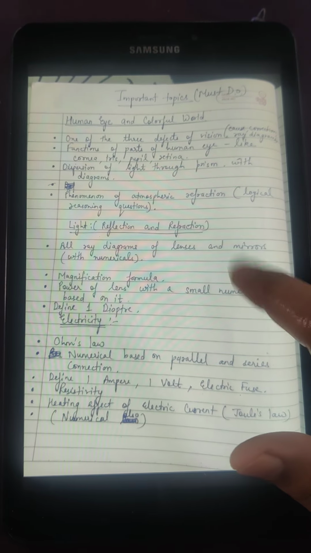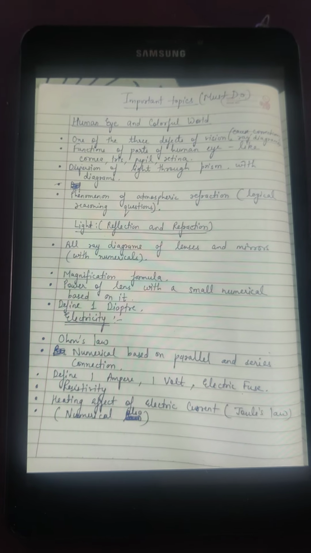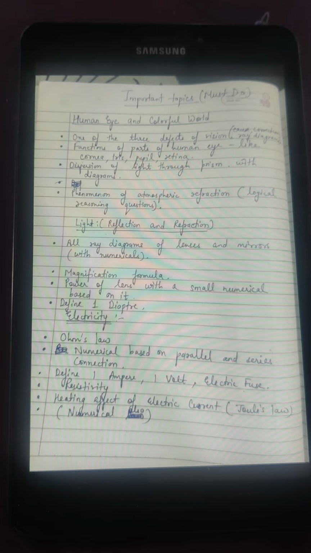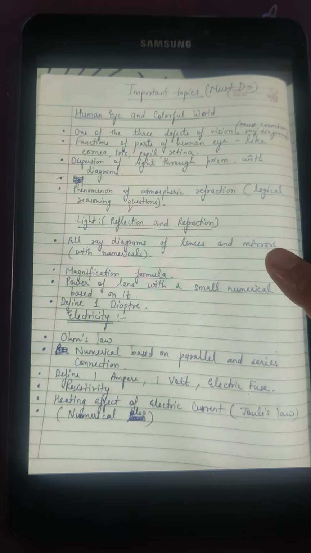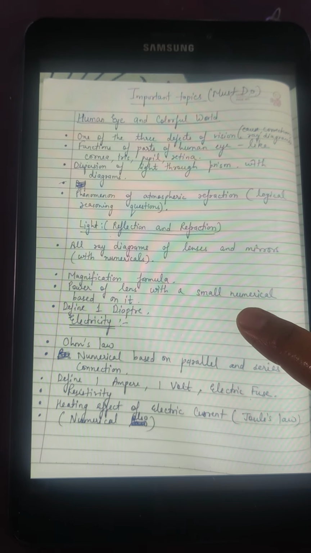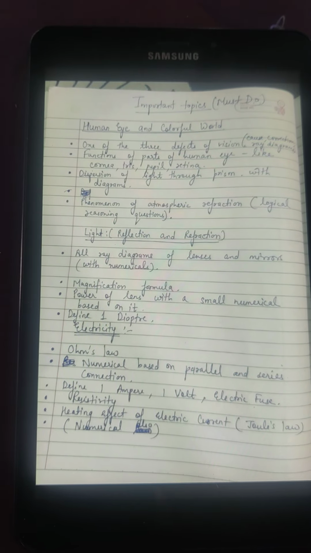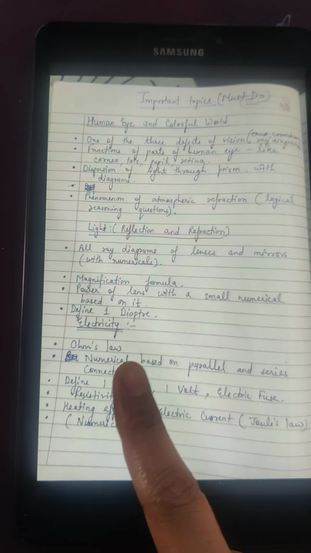For chapter Light, you should know all the ray diagrams of lenses and mirrors with numericals. There will be a numerical which includes the ray diagram, so you should also know the sign convention of lenses and mirrors. Magnification formula, of course, power of a lens with small numerical, and the definition of one diopter, which is very